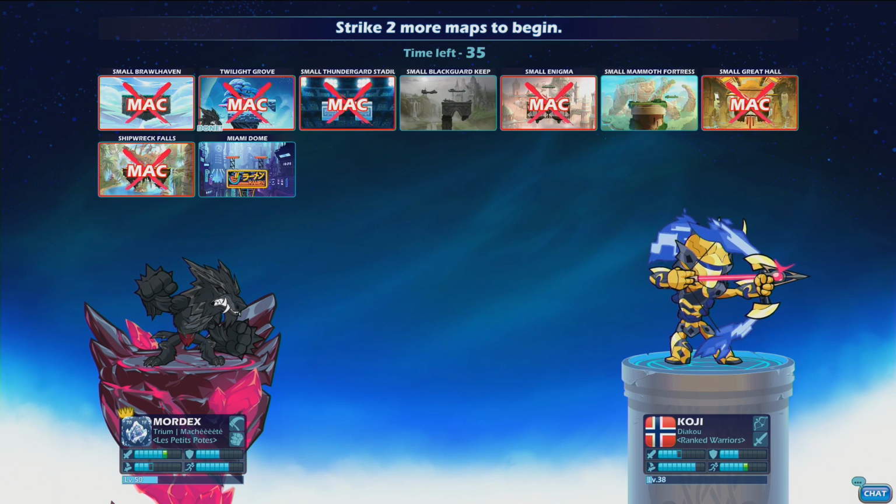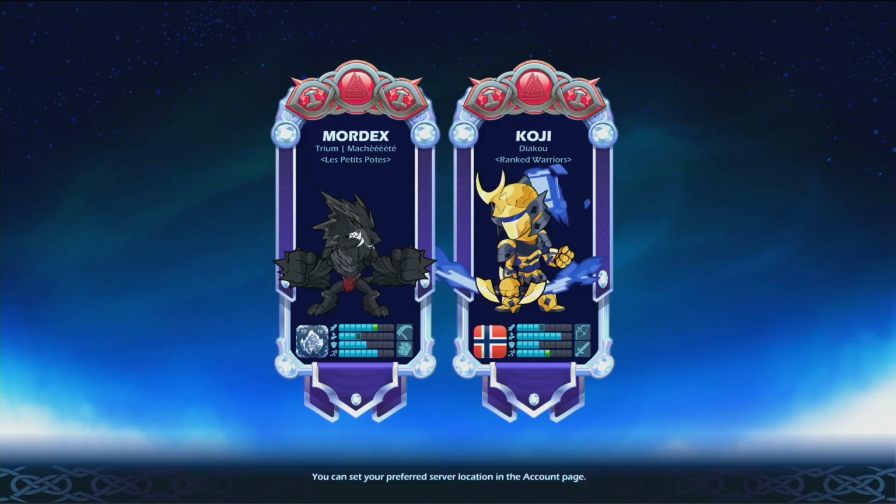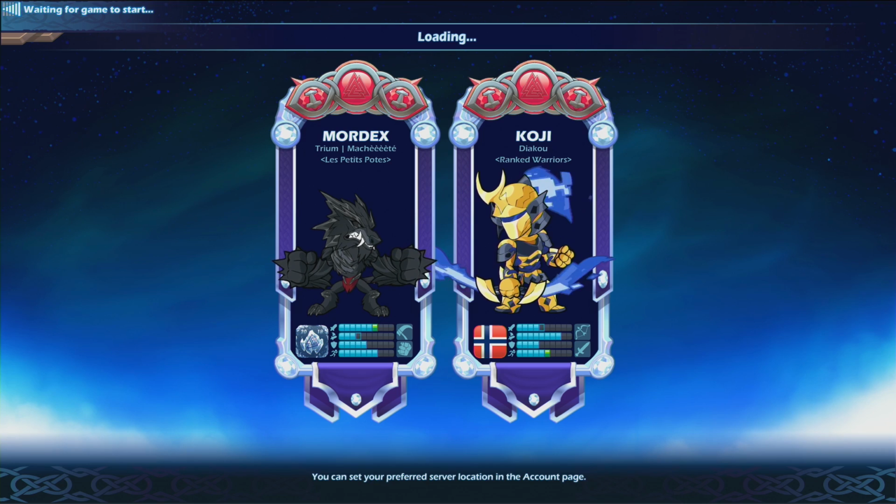That's what it feels like. But Diakou's thinking about it. There's a huge decision going on behind this. Yeah, it took him a few moments to lock in. He's wondering, like, maybe Blackguard Keep was a fluke. Nope, there's the Mammoth that I was expecting, because it's like the least...